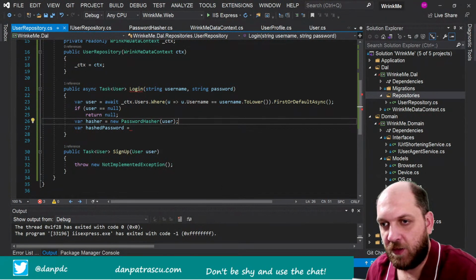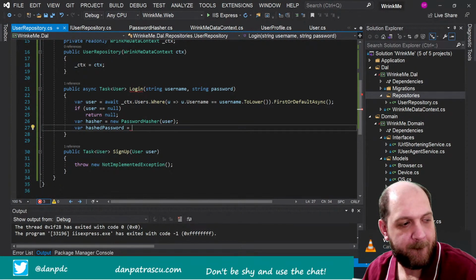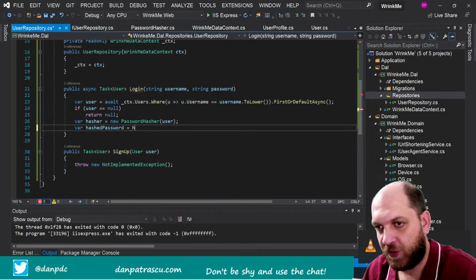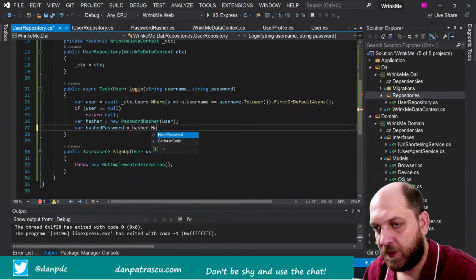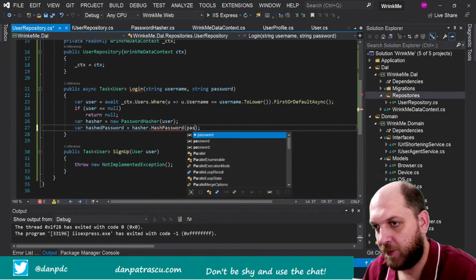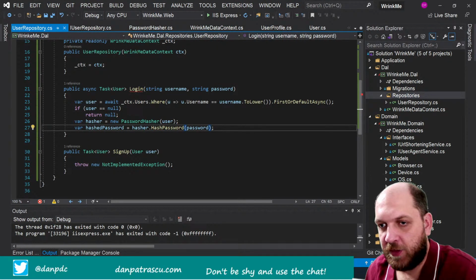And right now we have the hashed password. So what we can do here is, okay, hasher dot hash password, and we provide the password. Okay, so this will return us a string, and then